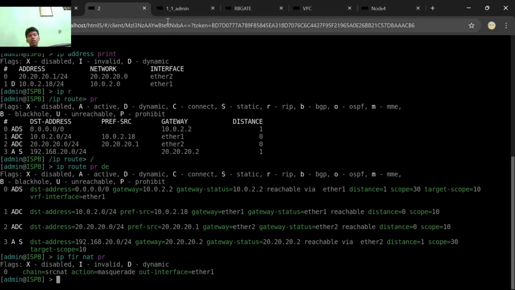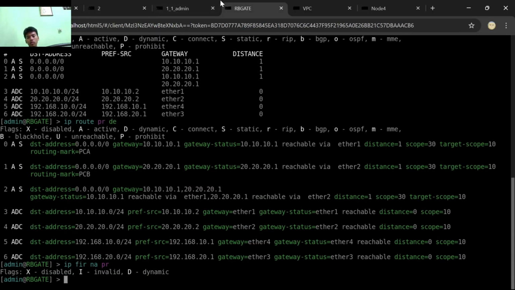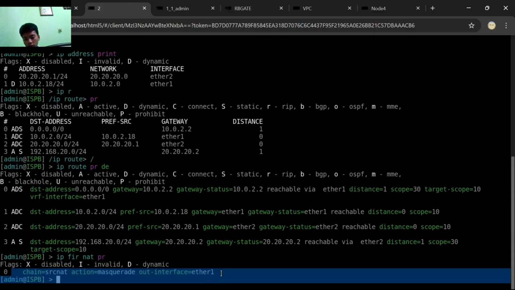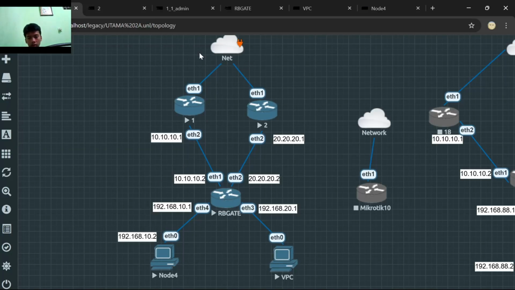This is for translating the outgoing data from private to public. Or more simply, this is to connect to the internet. That's why we use the out interface Ether1, which means to connect to the internet.